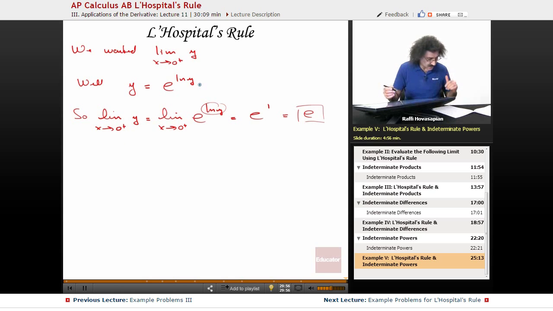That's it. So once again, we will continue on with more examples, exclusively examples, applying L'Hopital's rule